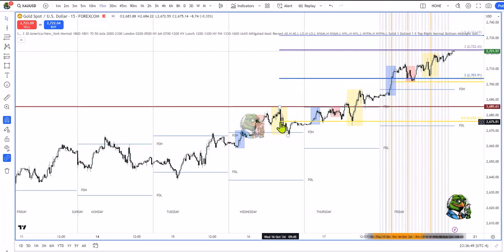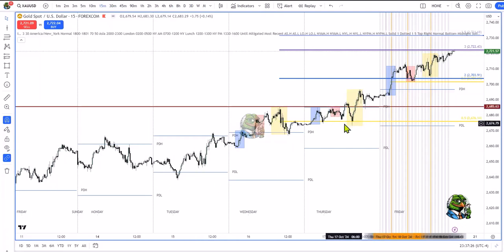But notice how the midpoint here has provided the exact level of support on Thursday. Right, price has come down into there. That's when I would use that and pay more attention to that when price is holding right at that level. It doesn't mean automatically enter. We still need a setup, and we did have a setup at that level on Thursday, last hour of London, and it was the exact same setup on a 1-minute chart, which was our inversion fair value gap setup, just the same as this one here on Tuesday on this 15-minute chart.